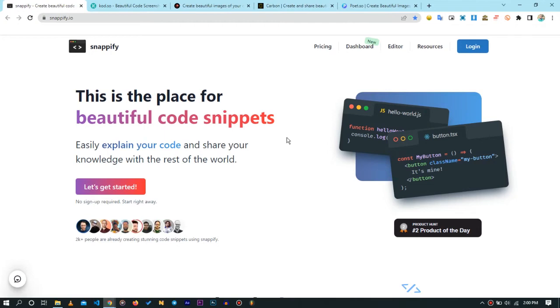So as you can see on my screen, this is a website that helps you to share bits of your code in a very presentable way and in a very beautiful image. So it's wonderful. I see this all the time on LinkedIn, on Facebook, and I really enjoy how they're being done. So we're going to be seeing today a couple of websites that can permit you to do this very easily. So this is the first one,